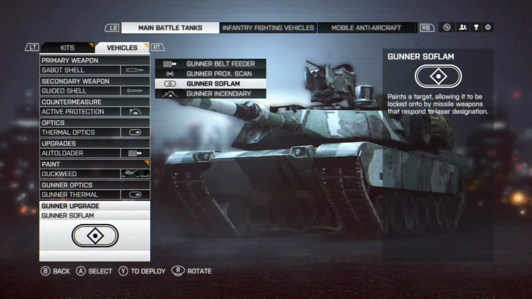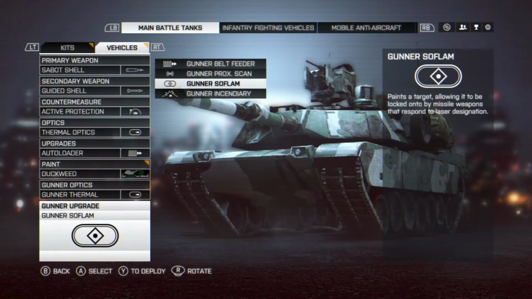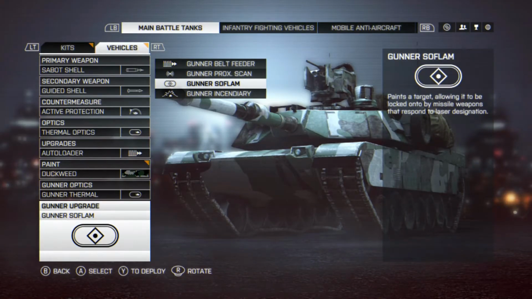Now at the same time, if you're engaging a target and your gunner is soft lamming them at the same time, this allows people that are also using the guided shell and the javelin from around the map to see a little square icon on the person, and if they target this, it will allow them to fire at this target without actually having visible eye contact. So if you are engaged heavily with a target and they are being soft lamped, there's quite a good possibility that other people around the map are also shooting at that target, allowing you greater survivability,